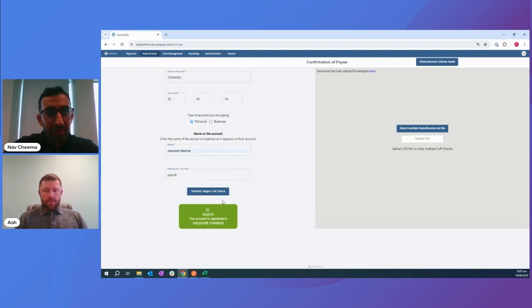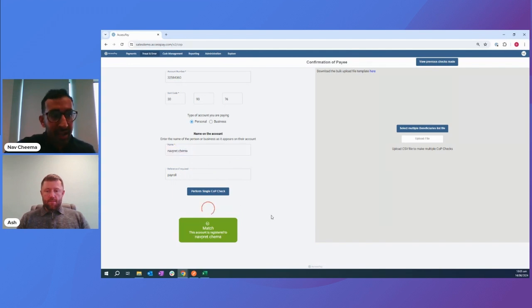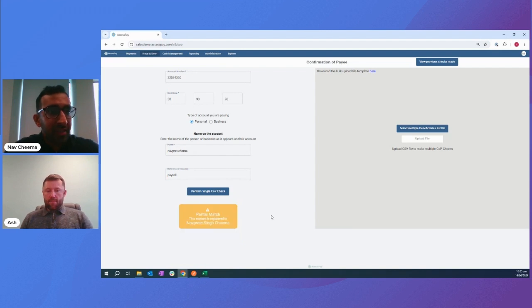And then we've got a match, which is great because these are actually my details. So that's perfect. Imagine I kind of spelt the name wrong, so I may have missed out a couple of characters. If I then perform the check again, this will lead to a partial match, and this account is registered to